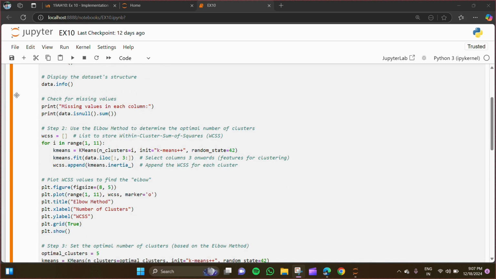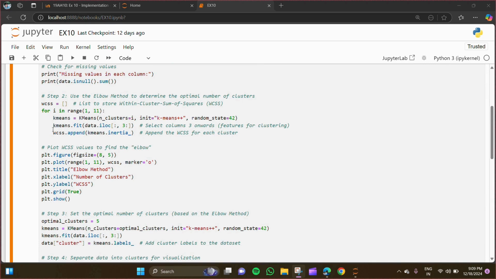Then step 2, use the elbow method to determine the optimal number of clusters. Here WCSS is equal to an empty list to store the within-cluster sum of squares. Here is the for loop from 1 to 11, with kmeans equal to KMeans, n_clusters equal to i. It's just K-means clustering for segmentation, and then to fit the data,